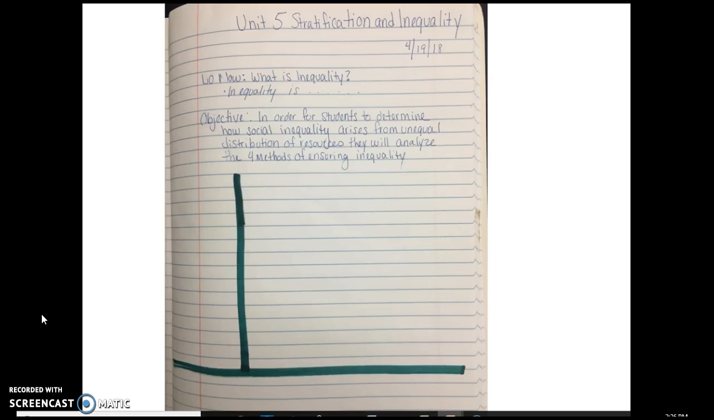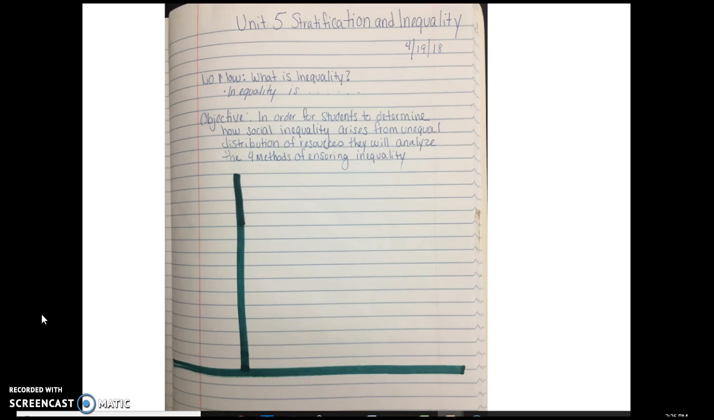We're going to start by setting up our notebooks in a slightly different fashion. Most of you have been doing something similar to this, but we are going to try to organize our notebooks a little bit better for the remainder of the year. You're going to start on a fresh page,